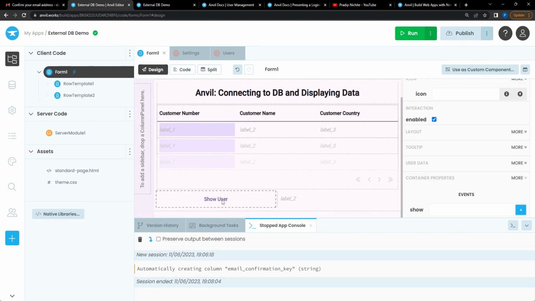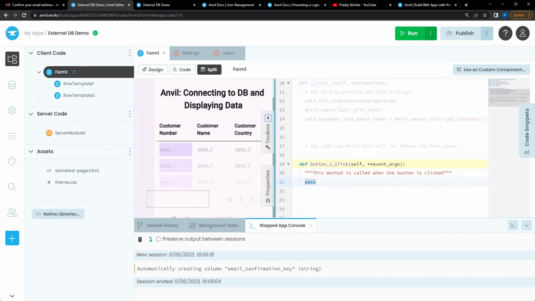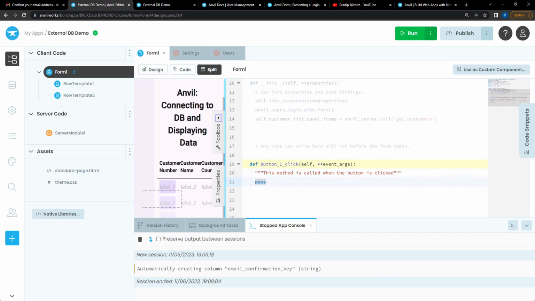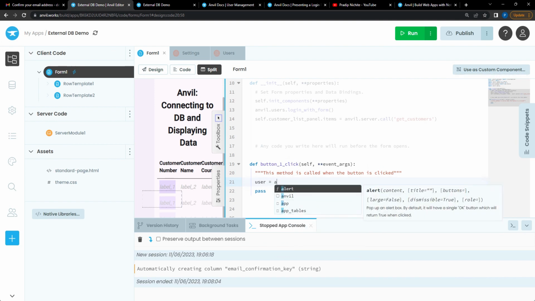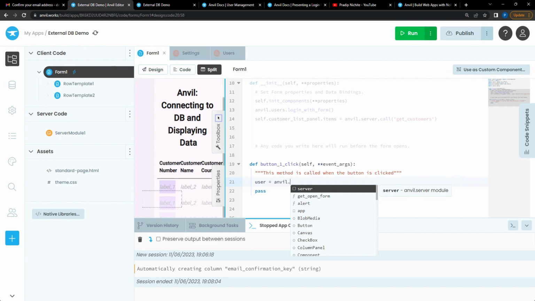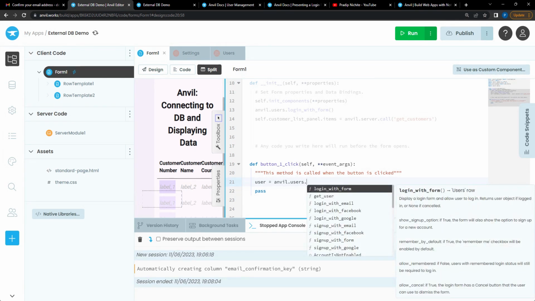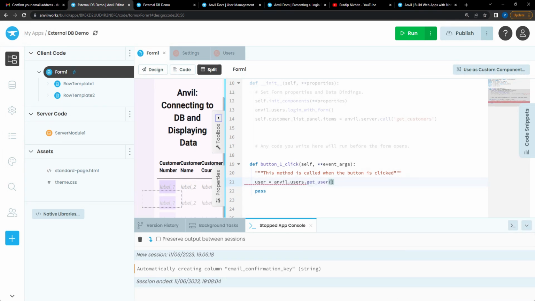Now let's go to show user again and double click it, so that we go to the code section where we have the logic for what should happen when we click on this button, right? So we want to get the user first. So let's create one variable called user, and then we go to anvil.users.get_user. Yeah, so this is the function using which we can get the user. And then we will see if I got the user. If there is a user,